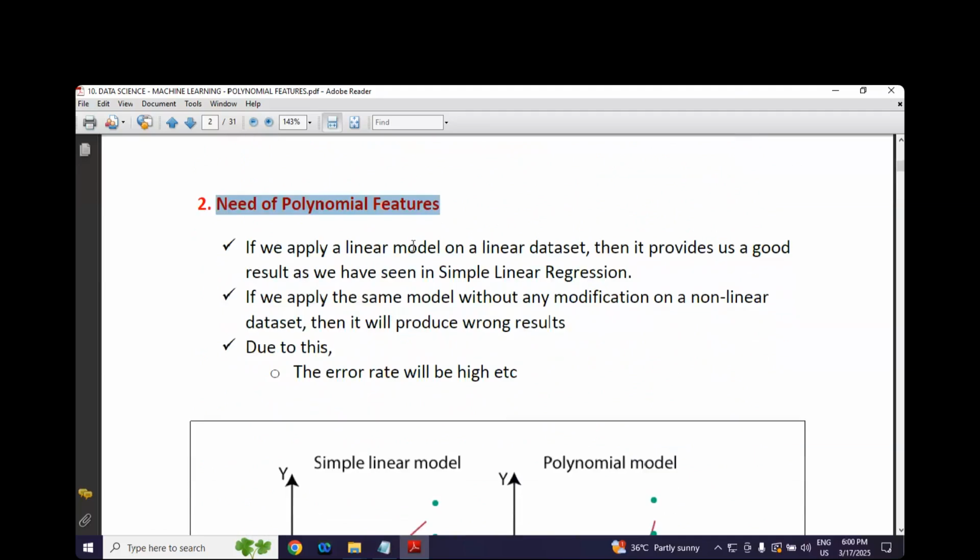If you apply a linear model on a linear data set, then by this time you should know what we mean by linear. On a linear data set, it provides a good result. Especially you can go for simple linear regression if it is one feature. If there are two or more features, you can go for multiple linear regression. If you apply the same model without any modification on a non-linear data set, then we'll get wrong